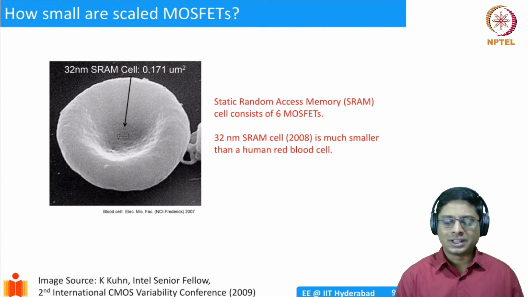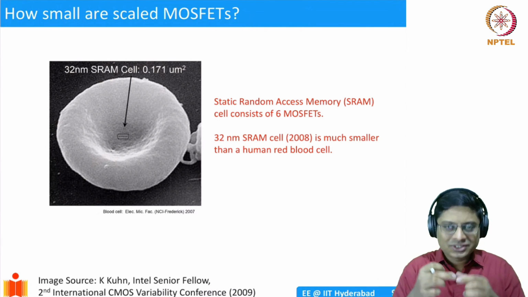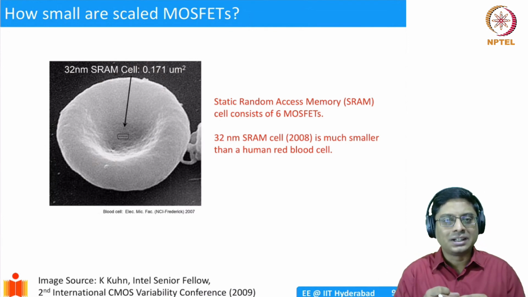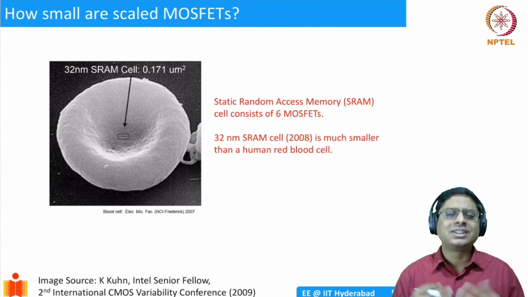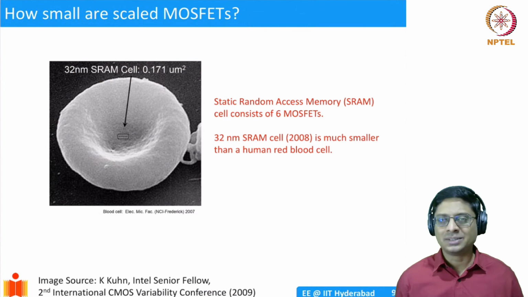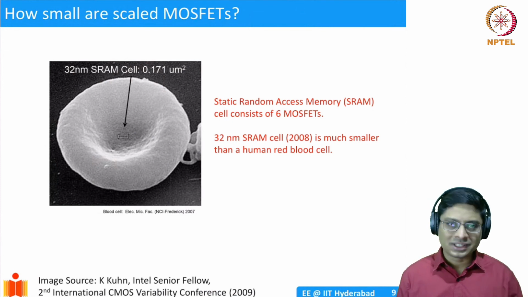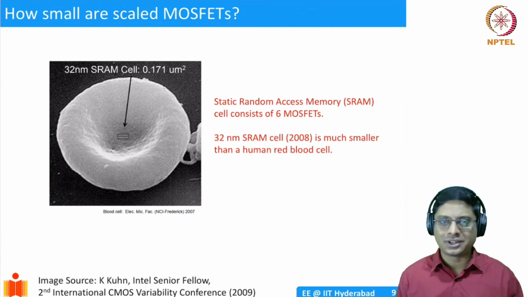Because there is something called a static random access memory, which is SRAM, which is part of every computer. And to build an SRAM cell, you need 6 transistors. So if you build 6 transistors together, we make one SRAM cell. And how much is the area of that cell? That is a very important thing. This is the simplest circuit, and companies always brag about this. Even if you look at IDM presentations of Intel, you will see the SRAM cell areas. The reason is that it is very comparable. That tells you how good your technology is.